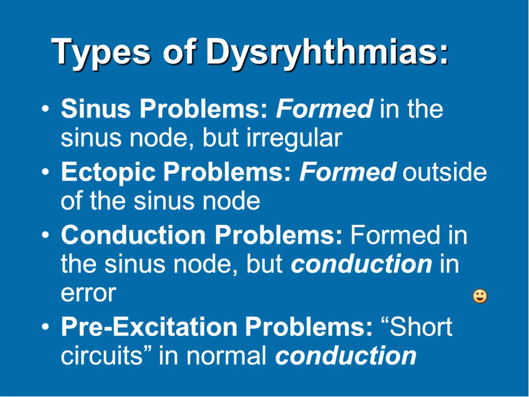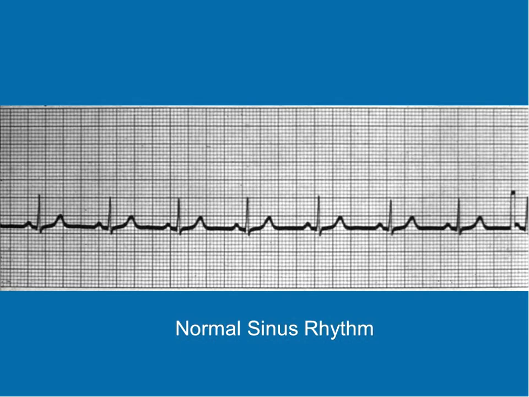And what that then allows is for the impulse to go the normal route, but while it's going the normal route, it also comes across and comes back up and re-stimulates. Kind of a short circuit thing, kind of goes round and round. Some tachycardias work that way. All right, now that we look at some of these rhythms,